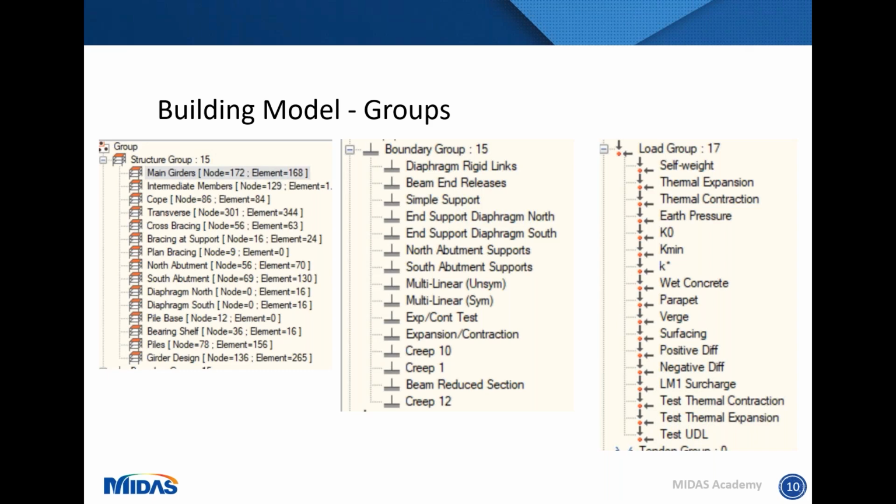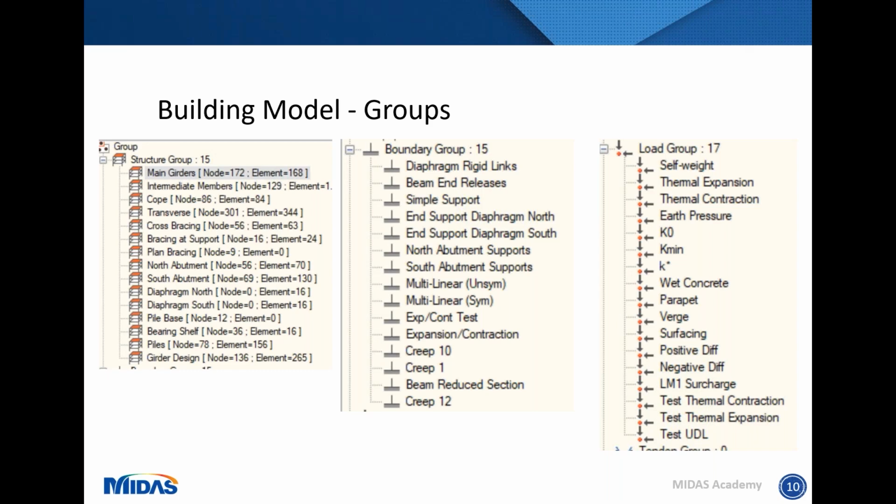The structure group element is quite useful within the construction stages, but is also quite useful just within navigating the model itself. It's a very good and easy way to just visualize specific elements of your structure. If you just want to look at the bracing, say, or any cross bracing and anything of that nature, if you just want to focus on those key aspects of your structure, then using the structure groups is quite a powerful tool that you have within the model, to be able to see that aspect of your structure.